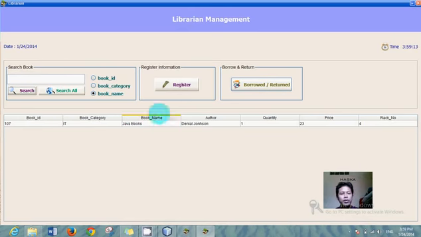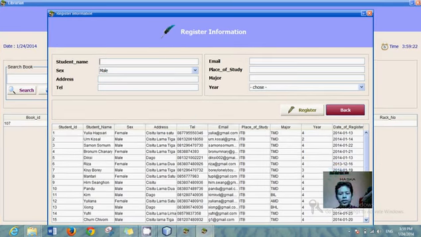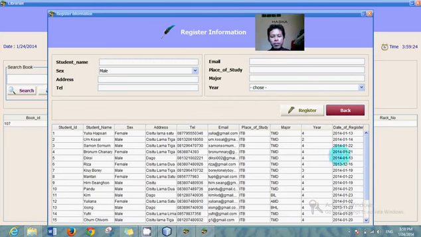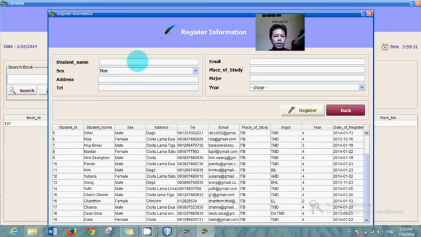And then if you want to register, you can go to register information. Register information means that you want to register your name here, so that when you go to the library and want to insert your name, you can go here. My name is Haska and my email and address is